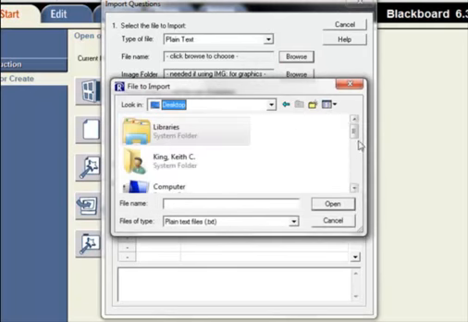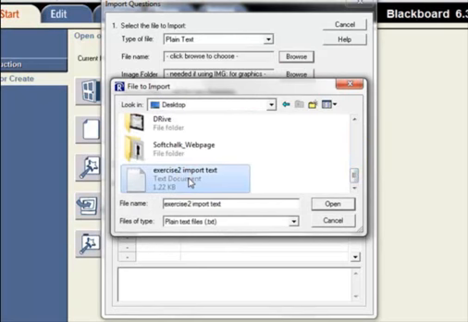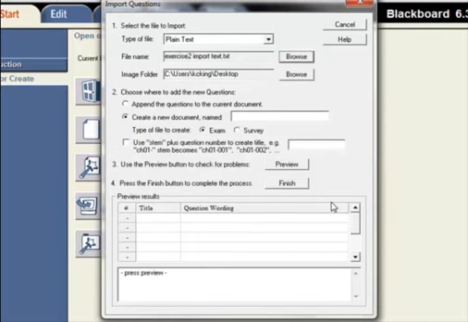We choose Desktop because that's where we saved it, and then click Open once we have selected the file, and it's loaded. Then we have to determine where to add the new questions, and so we'll create a new document called Exercise 2